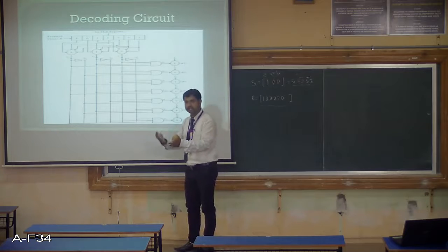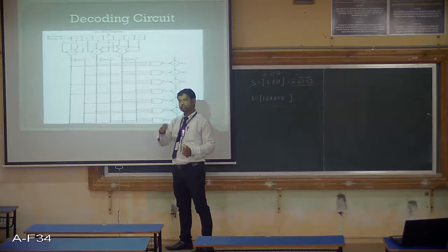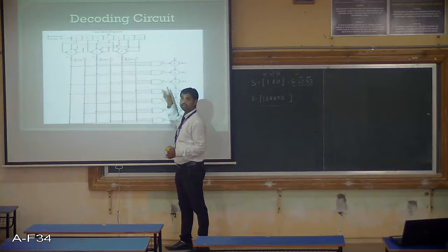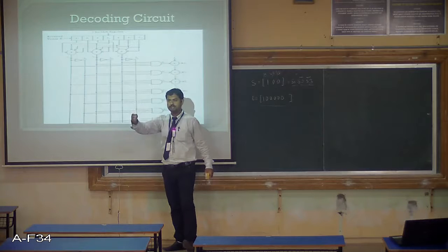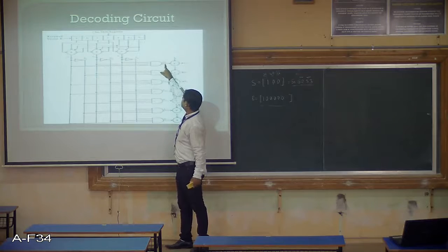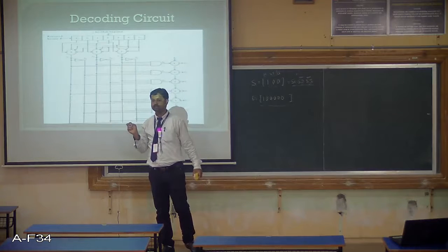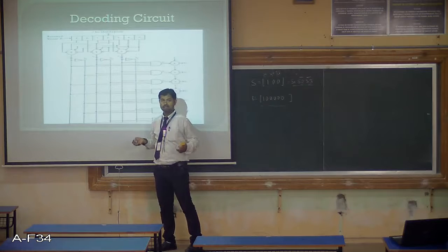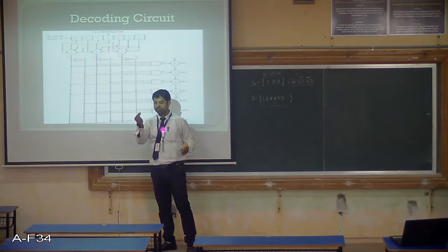If the error is in the second bit, only this gate will be enabled. That will give you a positive output. The rest of the gates are disabled. You can check it. So like that I can produce my error bits. If error bits are produced and the received bits R are available, just add E and R to correct the errors. So E1 gets added with R1 to get C1, the corrected bit.